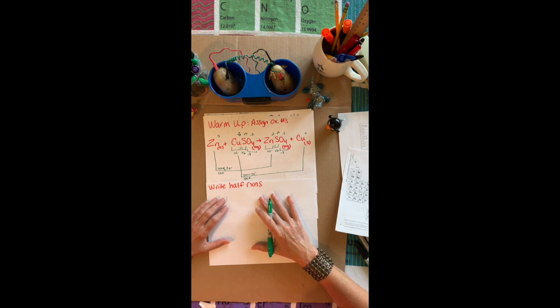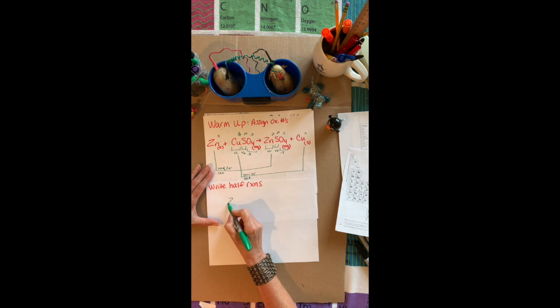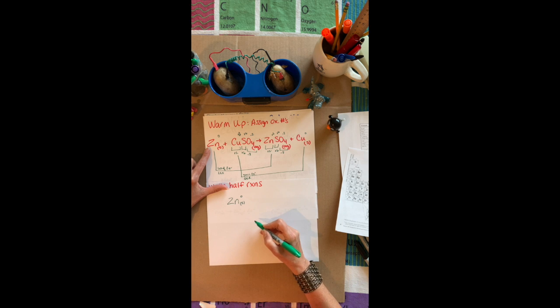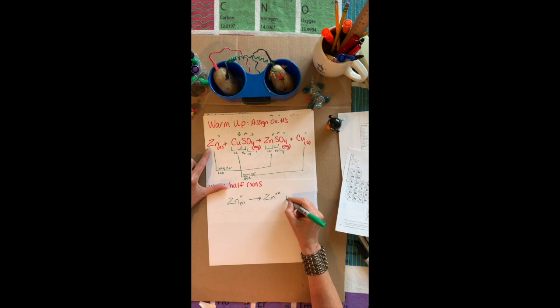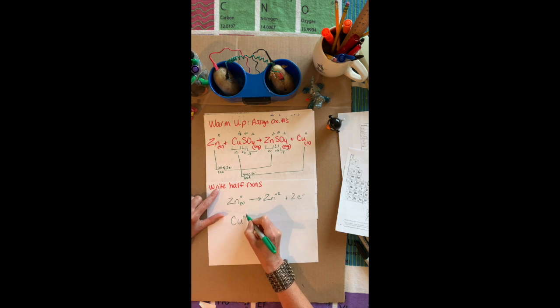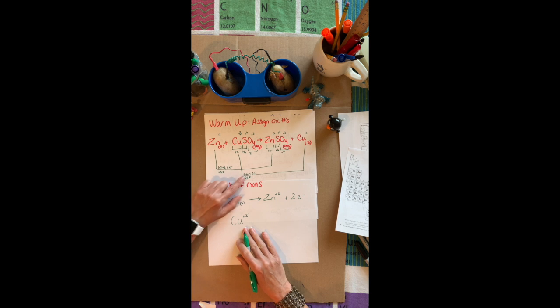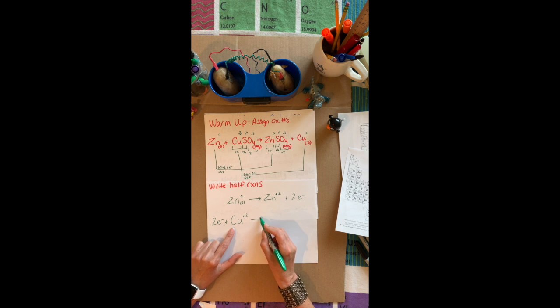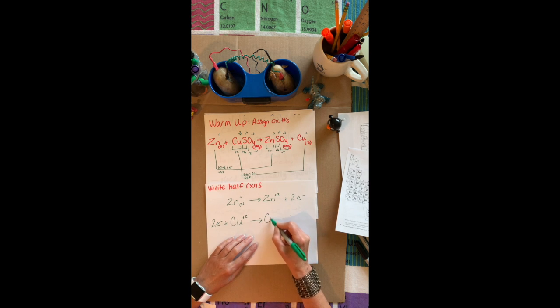We're going to write the half reactions. We always start nice and simple, just saying, well, here's our zinc with no charge. It becomes zinc +2. It had to lose 2 electrons, so we're going to write those 2 electrons on the right-hand side. We're going to go now to the copper. That copper started as a +2. It had to gain 2 electrons, so I'm going to write that, and it became that copper with a 0